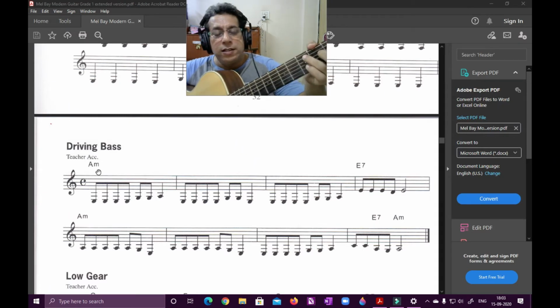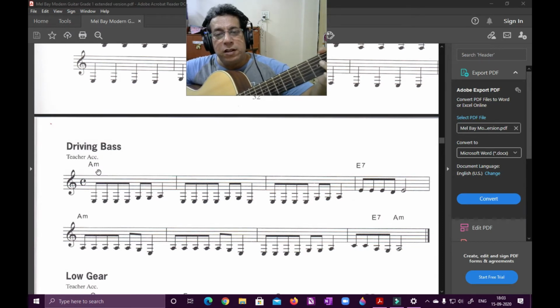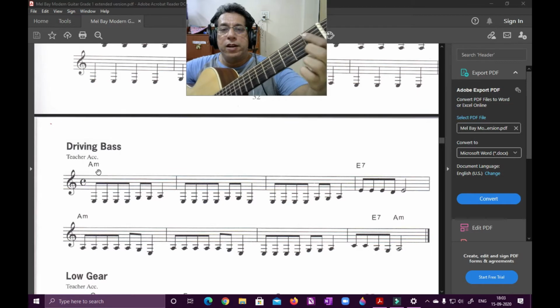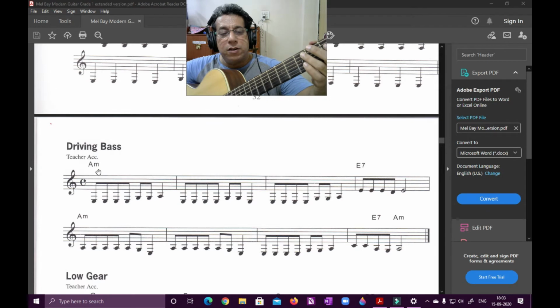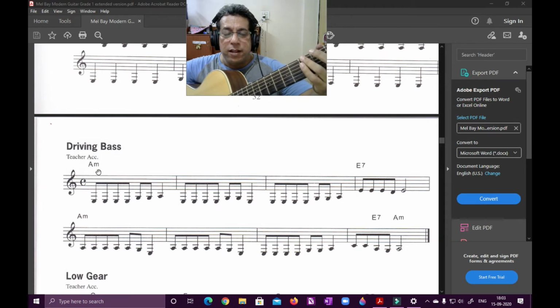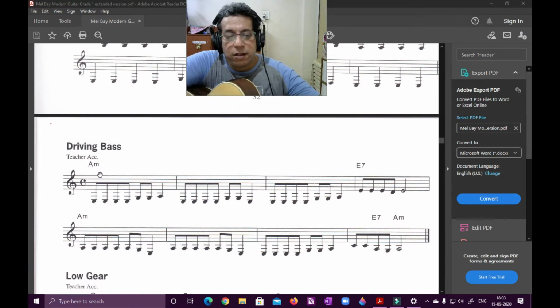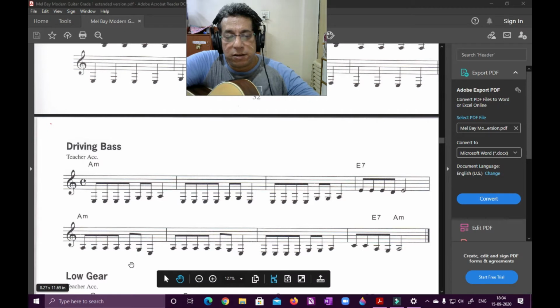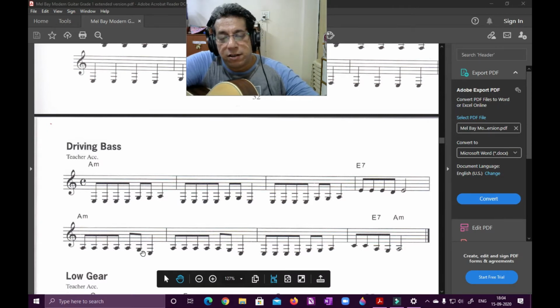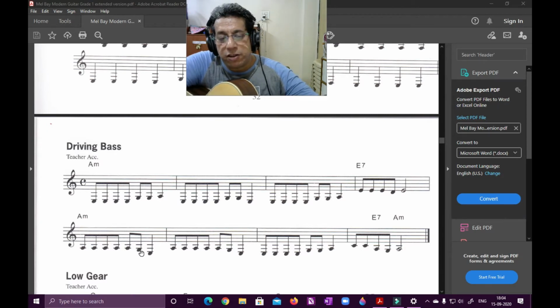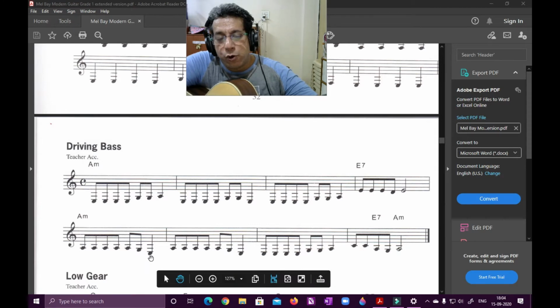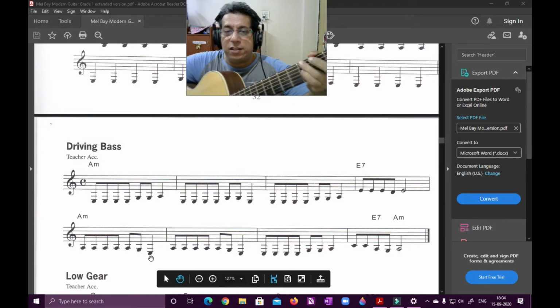Next note, second line starts on an A, which is the 5th string open. This string, which is played open. Okay, so 1 and 2 and 3 and 4 and. On the 3 and I'm playing a G. You can see here on the 3 is A, but the and of the 3 I'm playing a G, and then 4 and will be open E, which is the 6th string.